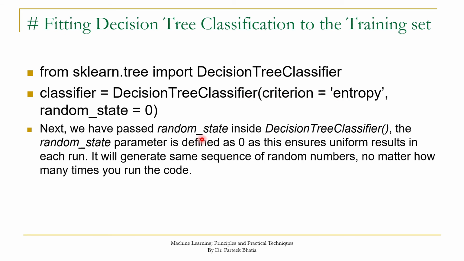By fixing random state, we ensure that whenever we rerun the code, it always ensures uniform result. So same sequence of random numbers will be generated if we fix random state to an integer value. This ensures that the seed value of the random number generator will be fixed and the same rows will be selected randomly every time when you rerun the code. So for matching our output after every rerun of the code, it is suggested to fix random state to a fixed integer value, and in this case we are fixing it to 0.